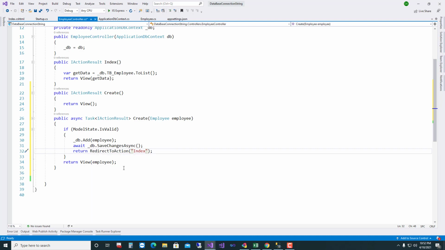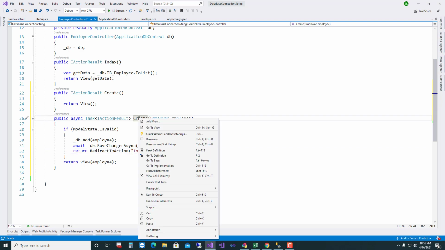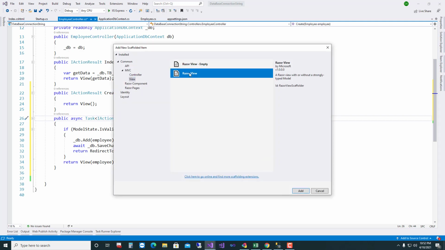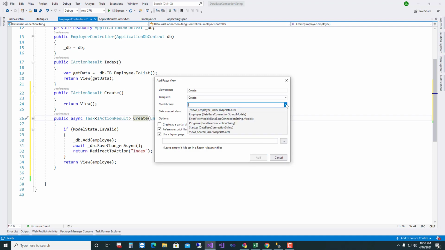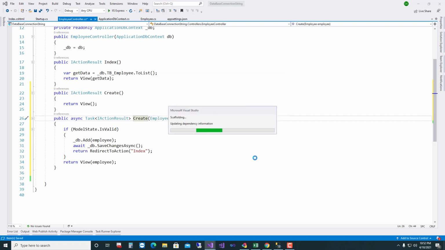Now I'll create a view. So click right button, add view, select Razor view, click on add button, select create method, select model class employee, then click on add button.